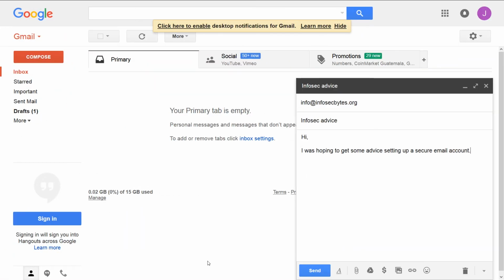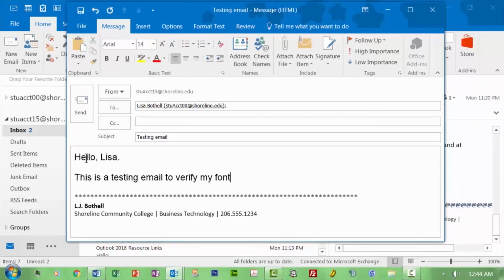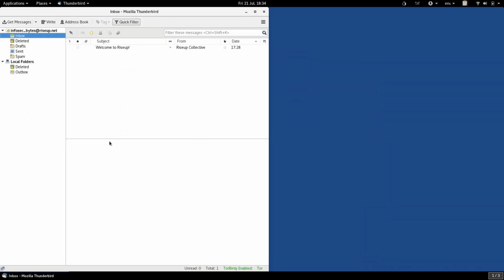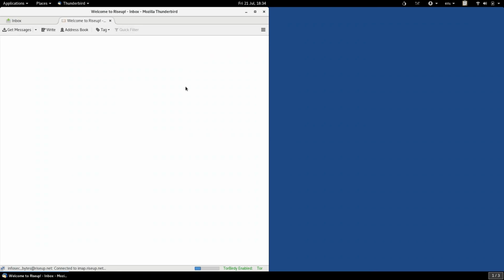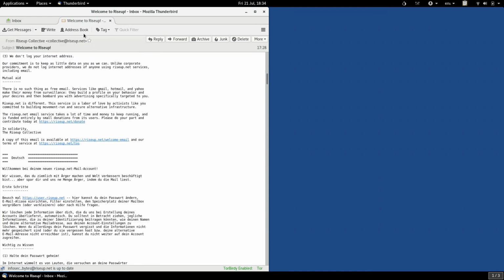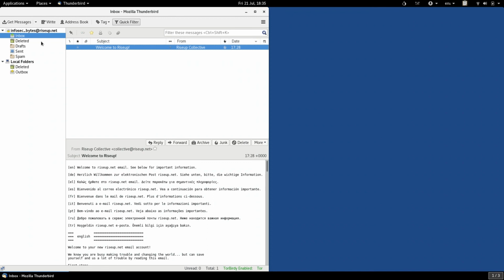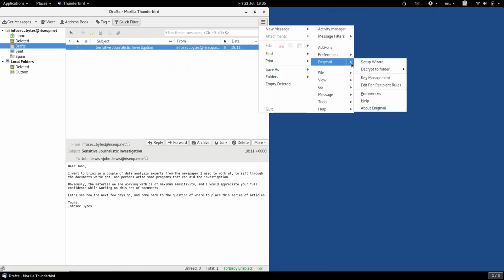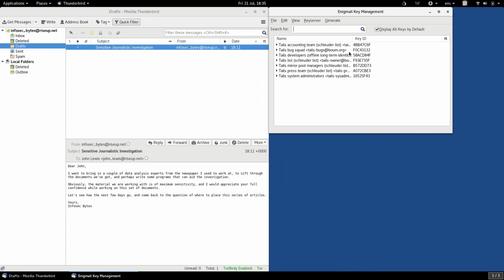Most people these days use their email through their web browser, such as Gmail, but you may also have some experience using Microsoft Outlook or Mail on Mac OS. On Tails, there is a full email client made by Mozilla, the same people who make Firefox, called Thunderbird. You can set Thunderbird up to send and receive email, and then you don't have to use the web browser. Furthermore, because it's on Tails, all of your email is going over Tor. Thunderbird on Tails also includes a plugin called Enigmail, which enables you to do PGP encryption for your emails.